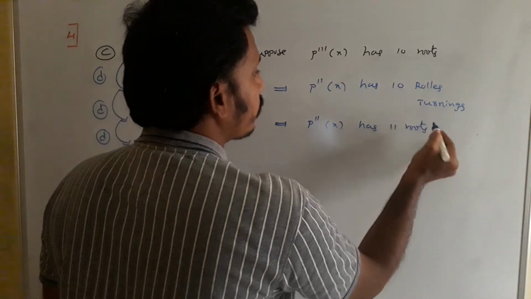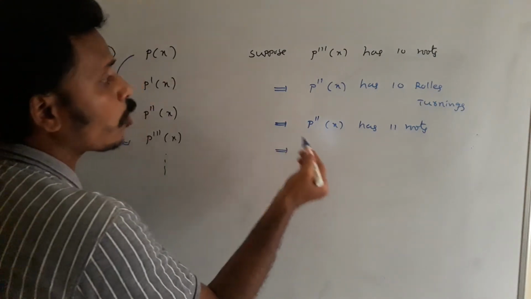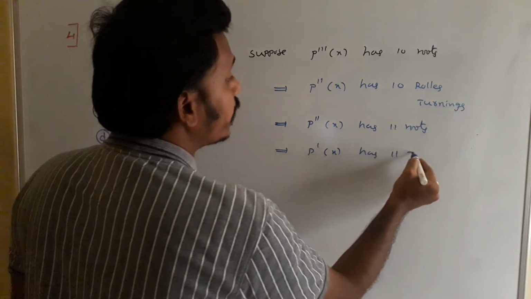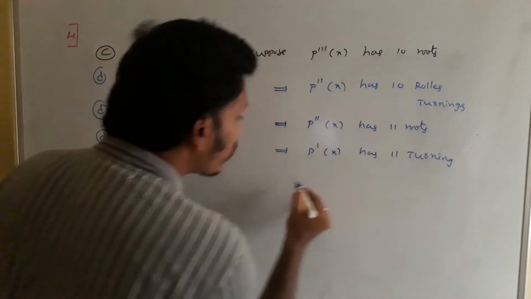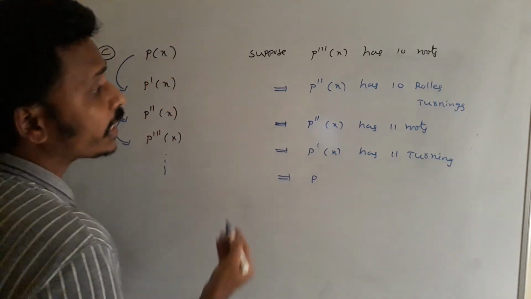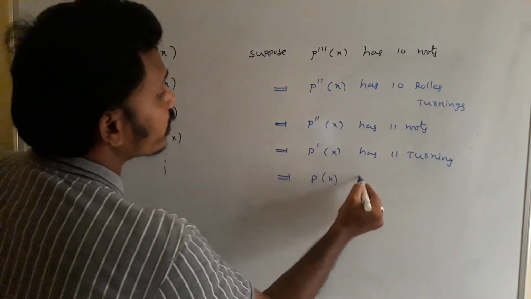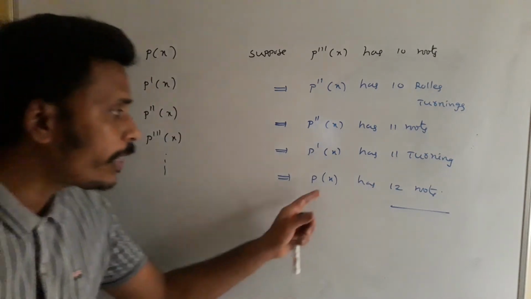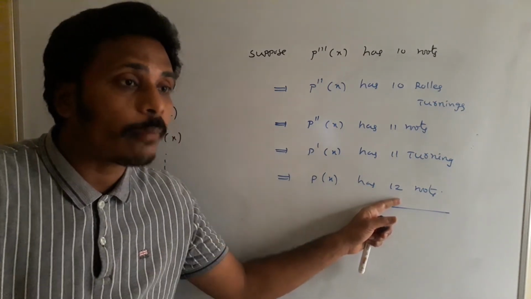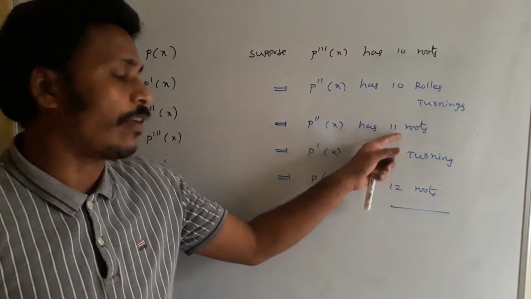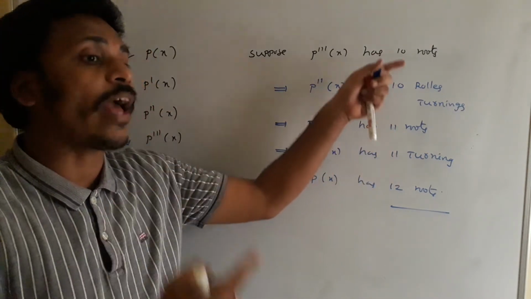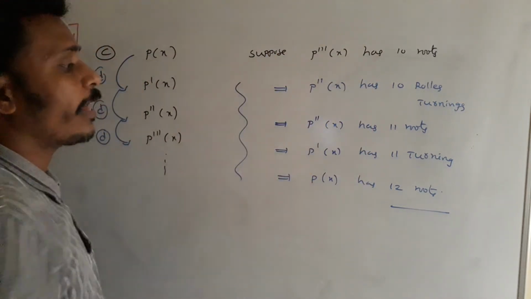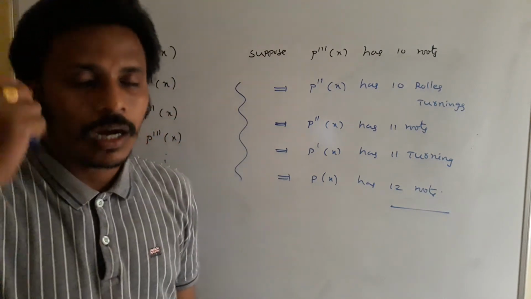It has 11 roots, right? Since P double dash of x has 11 roots, then its before function P dash of x has 11 turnings. Since P dash of x has 11 turnings, that in turn represents that P dash of x has 12 roots. You just try to identify. If a function has 12 roots, then in between them we will get turnings, so its derivative has 11 turnings, that means 11 roots. If it has 11 roots, then its derivative has 10 turnings, and that means 10 roots. So this is all an if and only if condition, and this type of logic helps us in deciding the number of solutions or roots for the equations.